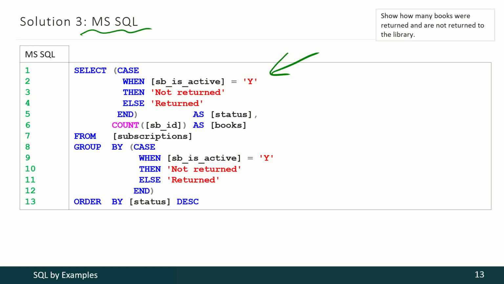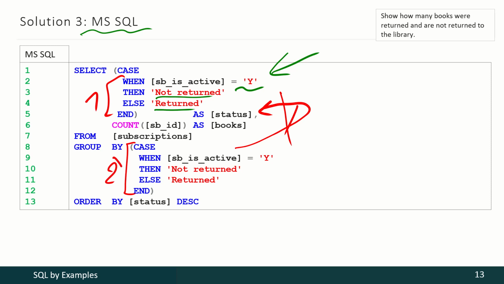With Microsoft SQL Server we follow the same logic. Here is how we transform that initial stored value into human readable form. And we remember that Microsoft SQL Server does not allow us to reference a named expression. So we cannot do that reference, and we have to repeat that calculation the first time here and the second time here in the group part of the query. The rest of this logic is similar to the MySQL one.